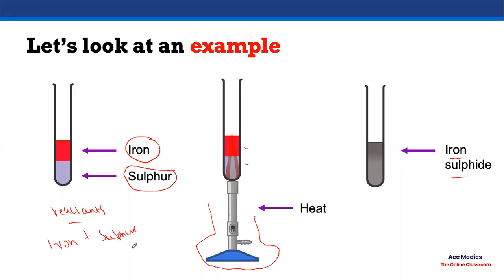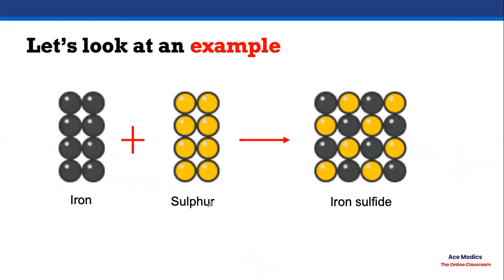And this is reacting together when we heat it up. This iron and sulfur are reacting together and it is forming the product, which is iron sulfide. Yeah, so this is forming the product iron sulfide. So this is just that in like a schematic, okay? So we have our reactants, which is the